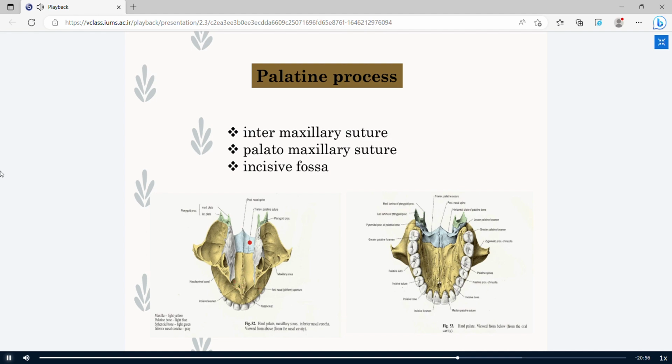On the superior surface, there is an intermaxillary suture on the palatine surface, and at the posterior it is attached to the palatine bones, the blue bone. On the roof of the oral cavity, on the palatine process, you can see the intermaxillary suture between the left and right palatine process, and there is a fossa